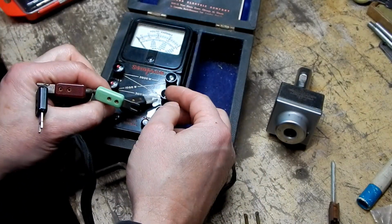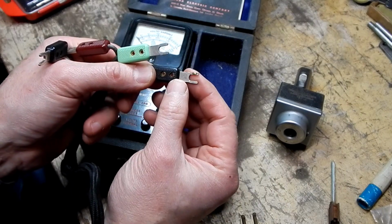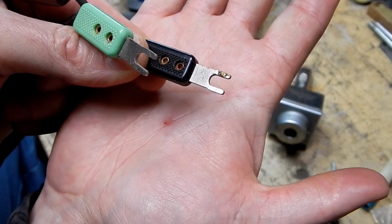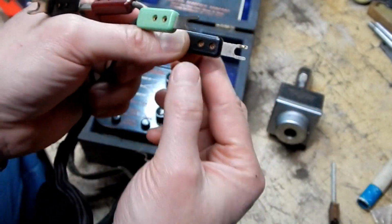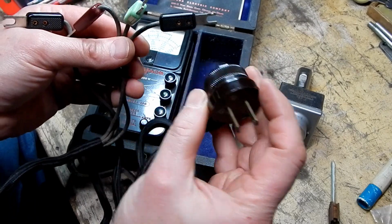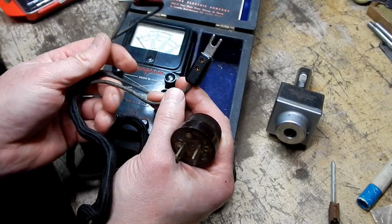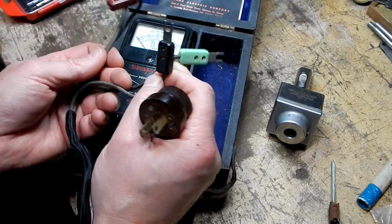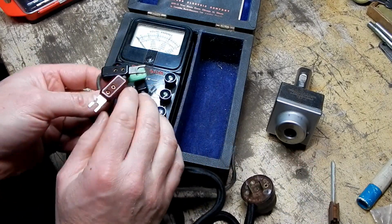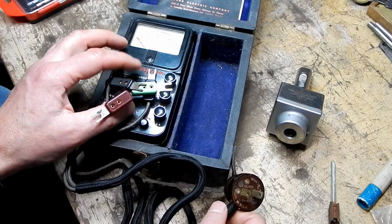What's sketchy about these is that when these are clamped underneath there, it would be easy to touch these terminals on the end there. As a matter of fact, I don't know if you could see that, but there's a bad arc mark on the end of that one right there, which tells me that probably these were undone. When this is plugged in, there's 120 volts on a couple of these, and they must have touched each other, and that's probably how that got burnt. But the idea is you would hook these up ahead of time to the meter, plug this in, and this would tell us what the